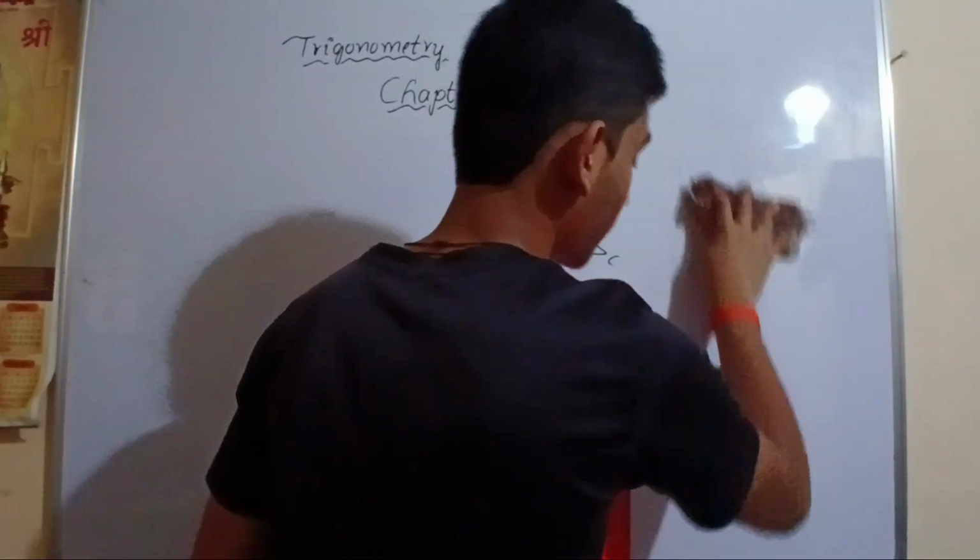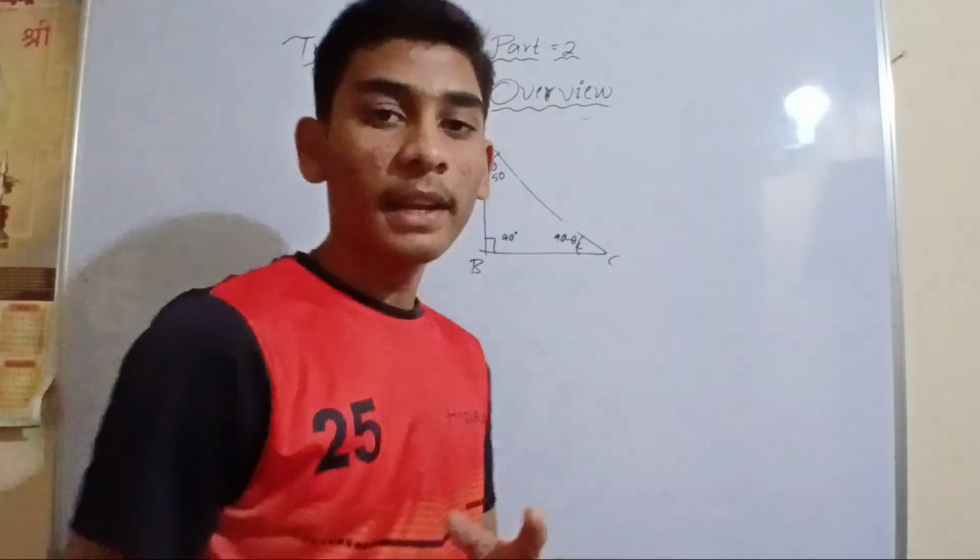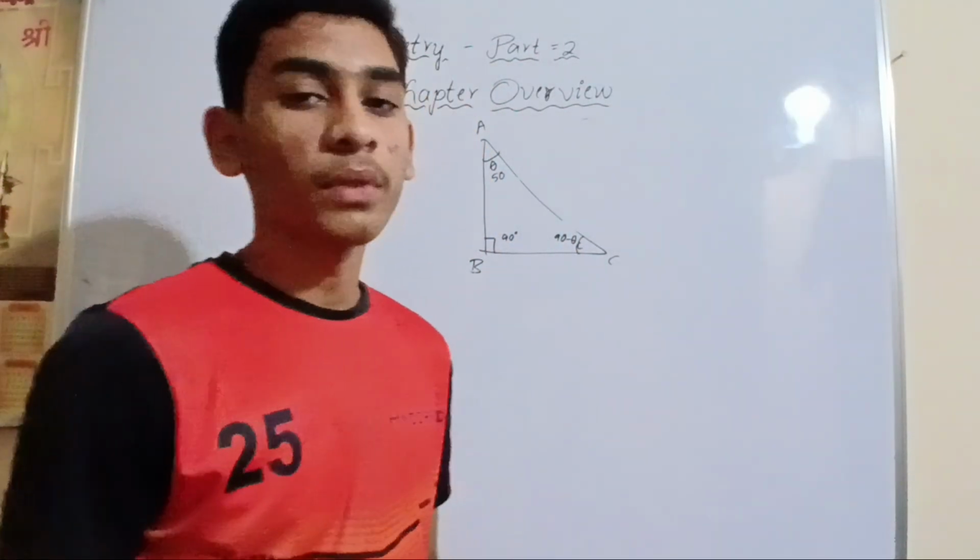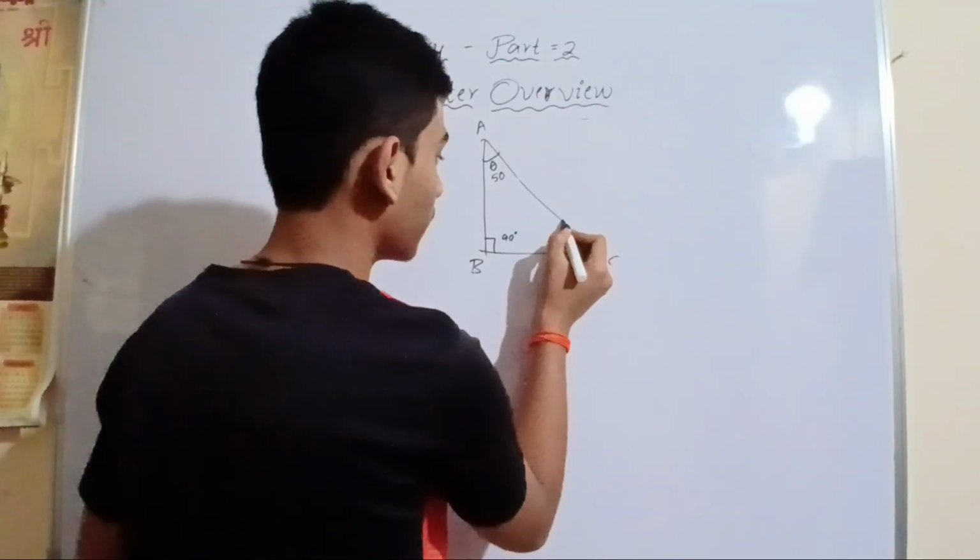Always remember this property, the angle sum property. Interior angles of a triangle are always equal to 180. So yeah. Now,